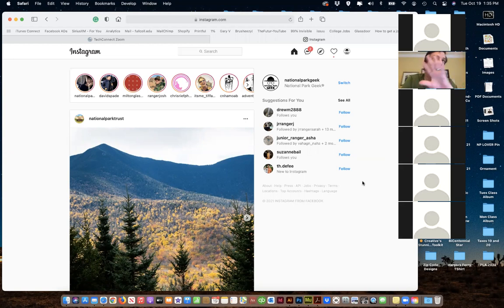Now, I hear this most often when we're talking about this: people say, I don't have anything to post. I don't have enough content to post 2 or 3 times a day or more. And yes, the model I worked up with my National Park Geek thing has built-in content, and we'll go through that. But I say you do have content. Many times people say, well, it's not done. Well, it doesn't need to be done. You can still process. It could have been something from 6 weeks ago or 6 years ago. It really doesn't matter. You just have to put content up.